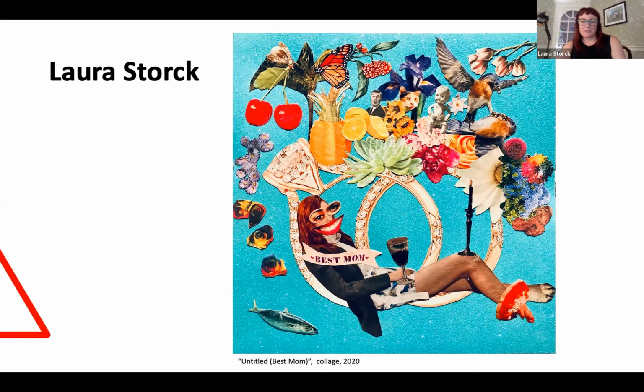So I sourced the majority of this from just magazines or catalogs in the mail. Tried to make it a little strange. Her feet, well, one foot is a dog's paw and another one looks like a pig's foot sticking out of a Jell-O ring. And this was a tough decision, finally adding the sash of Best Mom,